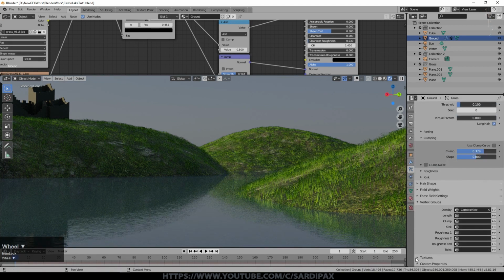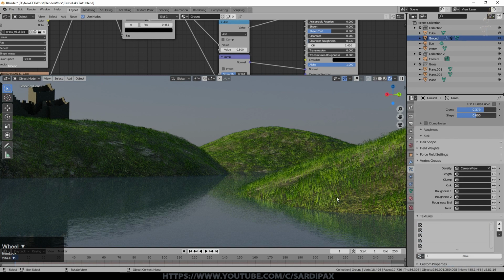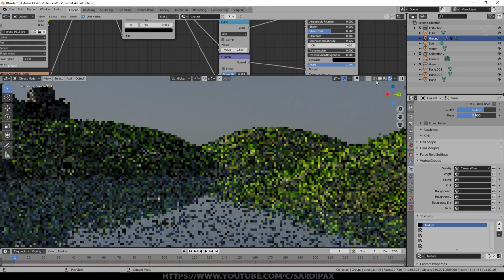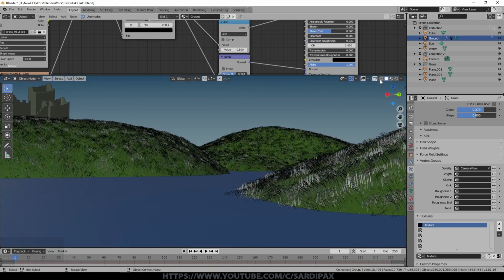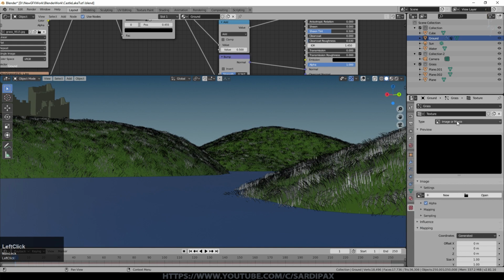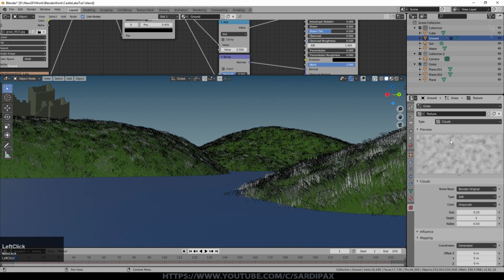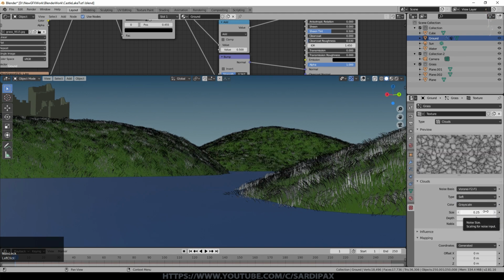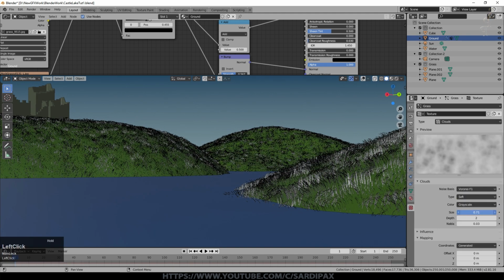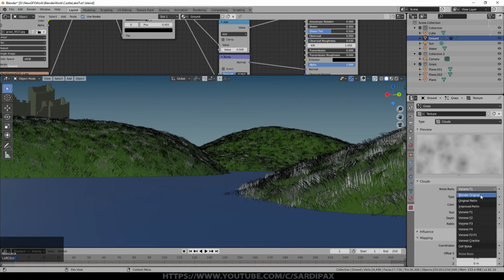And then finally, just to give some areas where the grass is not really growing or is growing much less effectively, come down to textures and say new, and at this point I'll go to clay view as it were, and then click this little control button here, change this to noise or clouds even. We'll go with clouds I think. We'll go with hard, choose some different options down here. And this is basically going to define some areas where grass is growing less effectively than others.